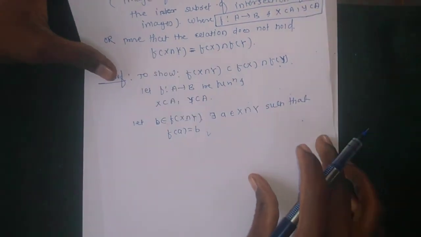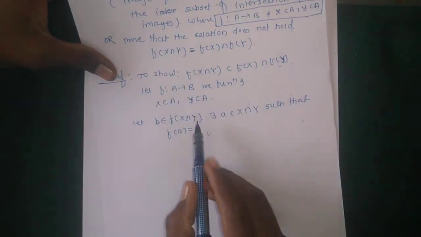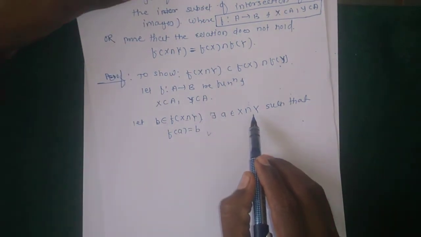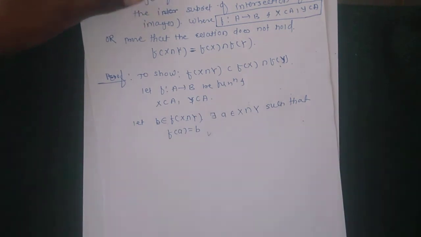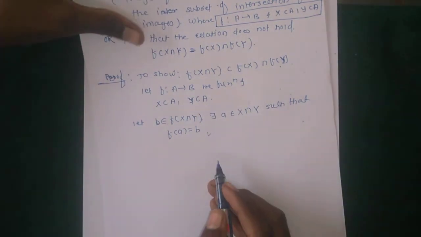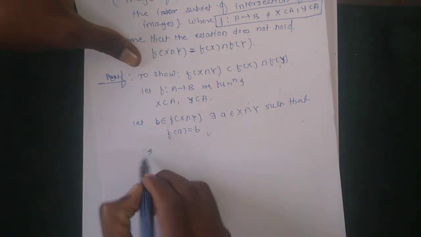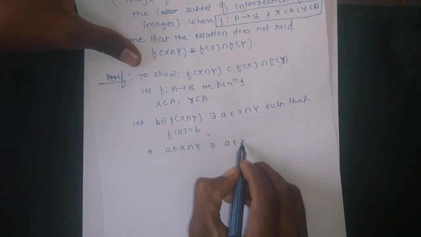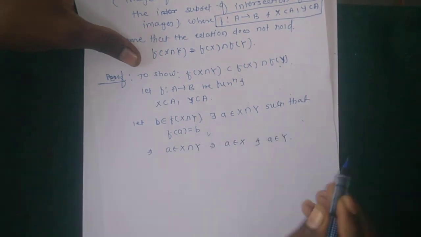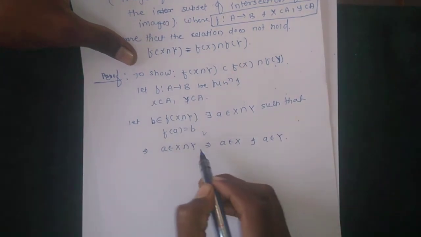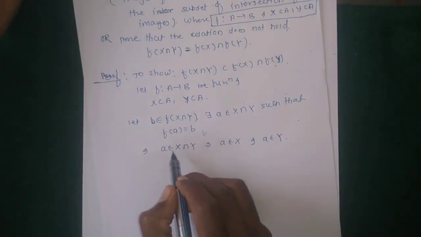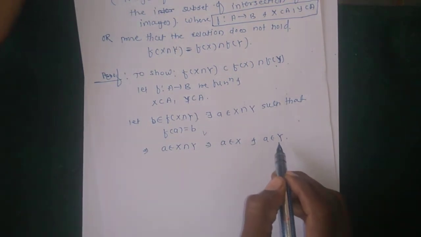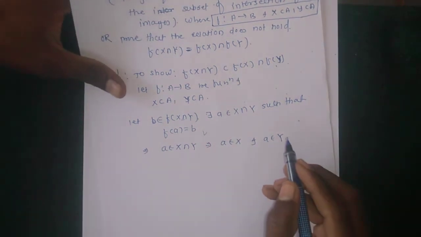So b belongs to f of x intersection y; there exists at least one element a in x intersection y such that f of a equals b, which implies that a belongs to x intersection y, which implies that a belongs to x and a belongs to y. Intersection means this element is common to x and y, which implies that a belongs to x and a also belongs to y, then their images,